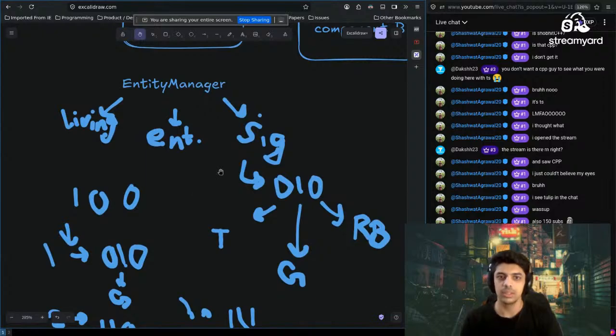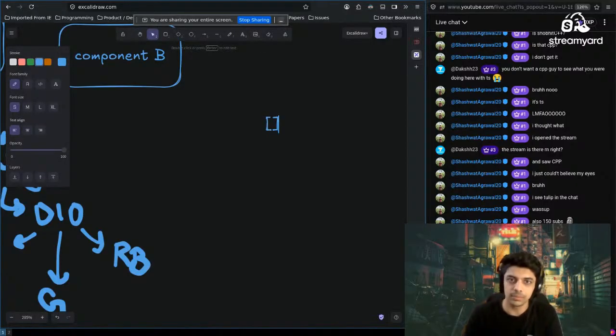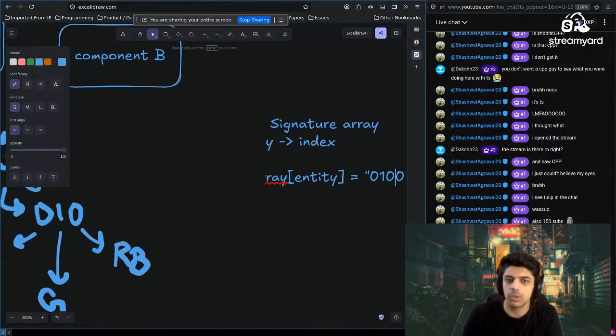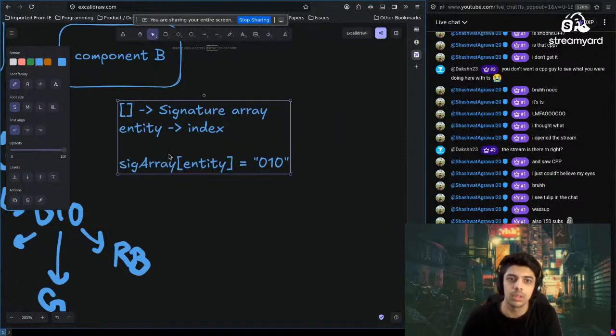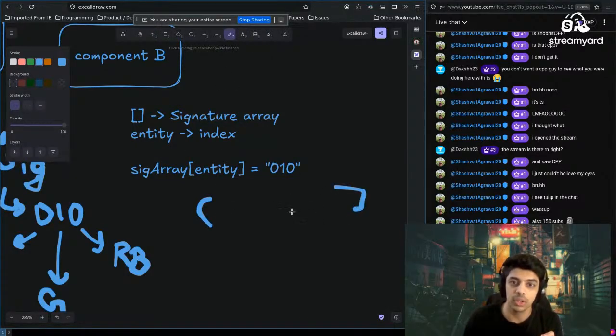And when they say that the entity acts as an index to the signature array, what that means is, let's say I have an array, right? This is my signature array. When I'm using entity as my index, what I'm saying is that, hey, sig array of entity gives me some 0, 1, 0, 0, 0, 1, 0 value, right? So in this whole array of signatures, that's not an array, but whatever,